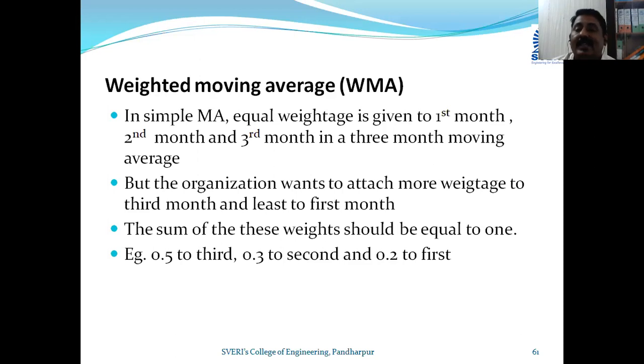If an organization wants to assign more weightage to any of the months, for example, let me give the same example that we discussed last time also. That example is the demand for bikes. In November, due to Diwali, etc., there is more demand. The highest demand for bikes is in October, maybe Dasara related, and again somewhat lesser demand, and in September very less demand. So here I want to assign the weightage as November multiplied by 0.5, October multiplied by 0.3, and September multiplied by 0.2, because the demands are at that level.